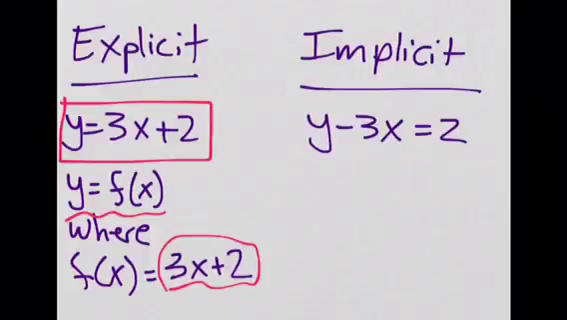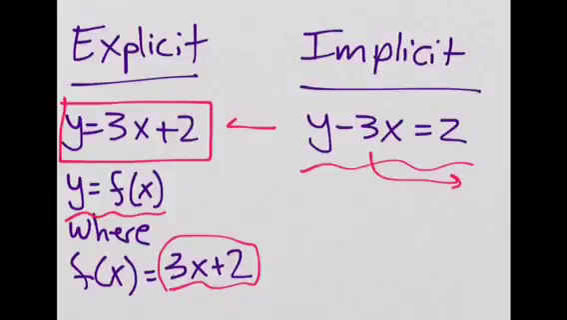I could write that as an implicitly defined function. Notice it's the same thing. If I wanted to, I could move that 3x over and I would get back to where I am right there. But now it is not explicitly solved for y. Now sometimes you can take an implicit function and solve it for y and write it explicitly, but you can't